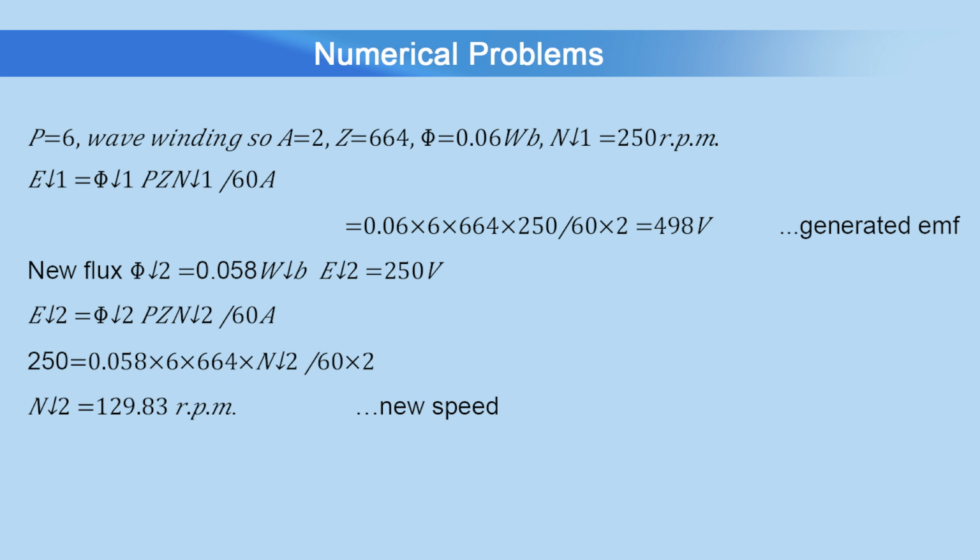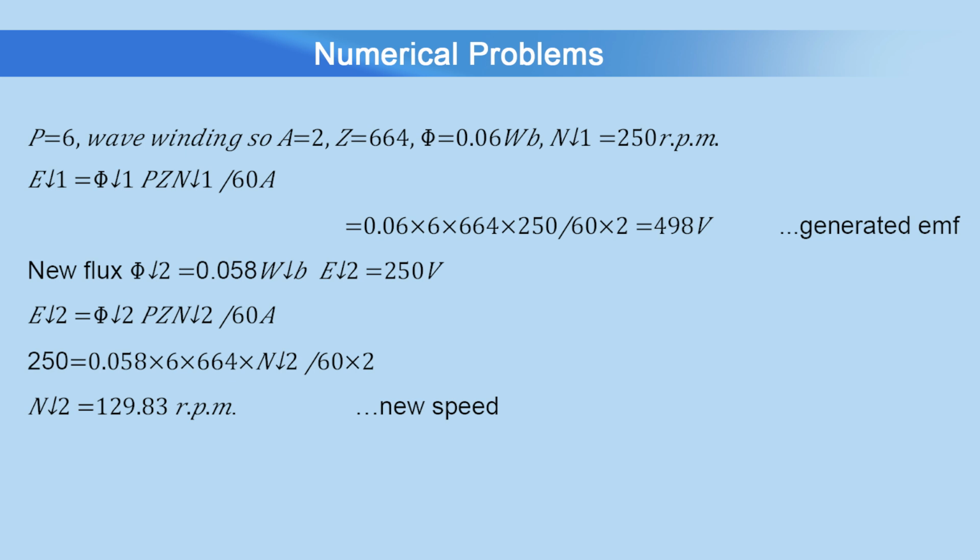Now in condition 2, the flux per pole is changed, and subsequently the induced EMF is also changed. So now earlier the flux per pole was 0.06 Weber. Now it is reduced to 0.058 Weber, and the induced EMF is 250 volt. By substituting those values in the EMF equation, what you will get? You will get the